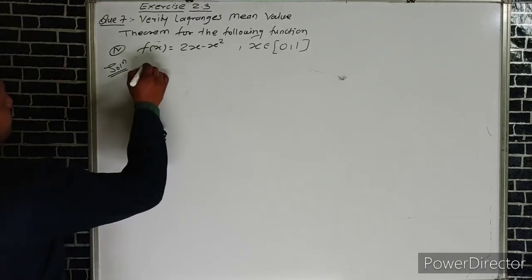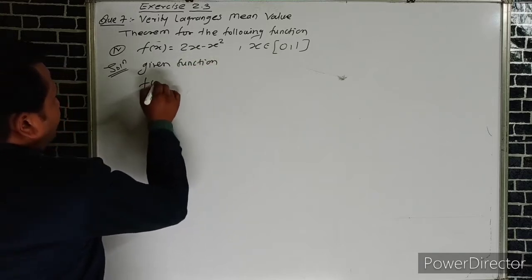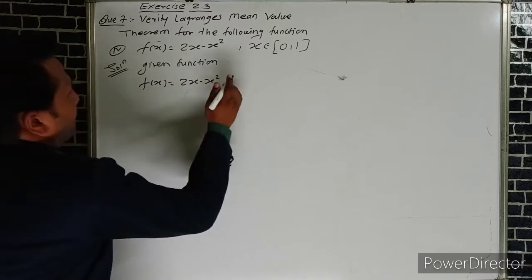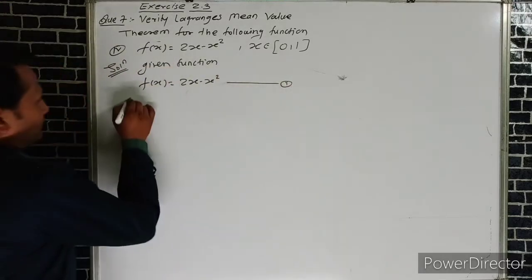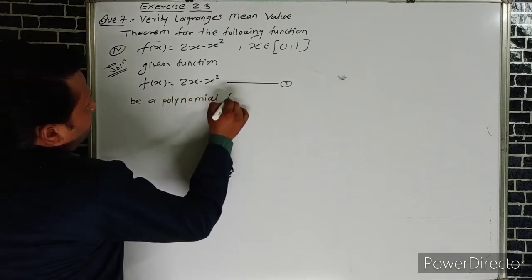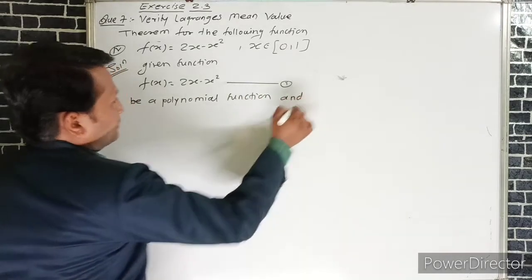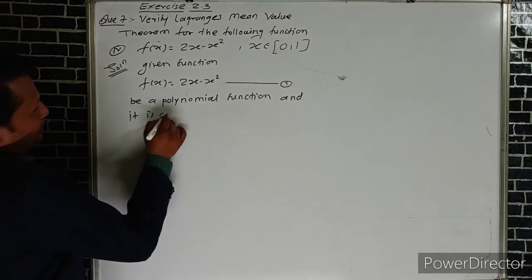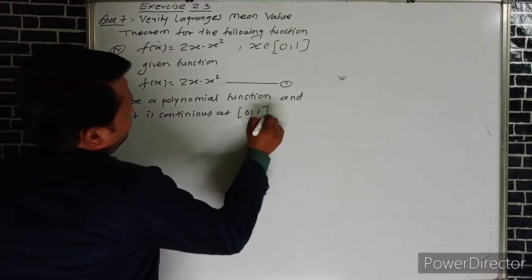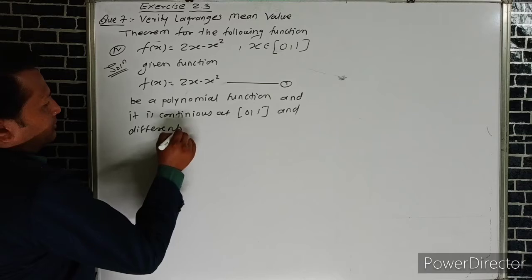So first we take the given function f of x is equal to 2x minus x square, which we call equation number 1, a polynomial function, and hence we can say that it is continuous at closed interval [0, 1] and differentiable